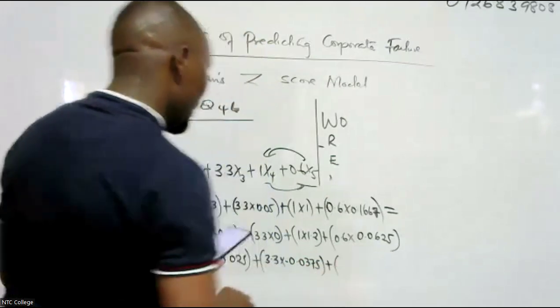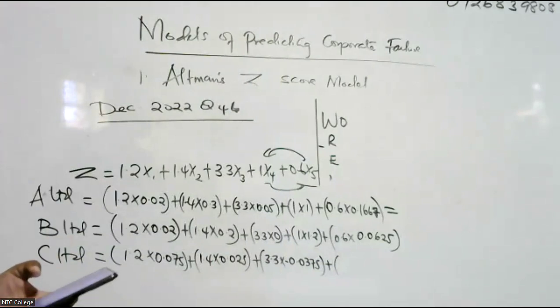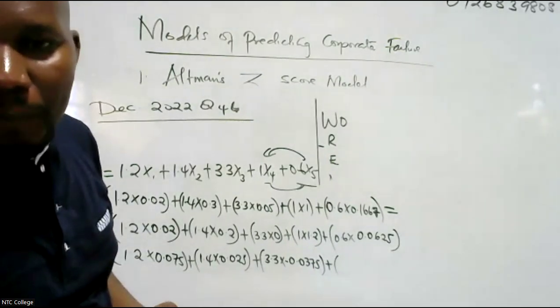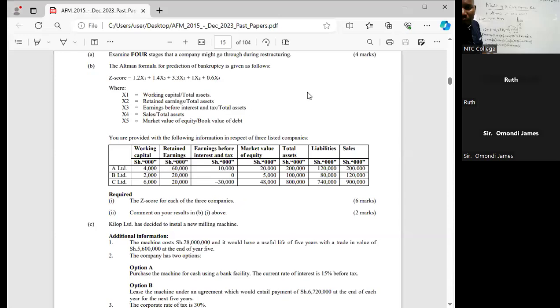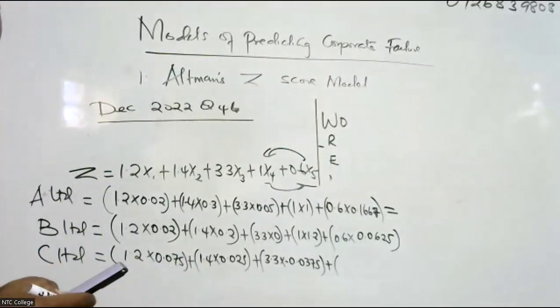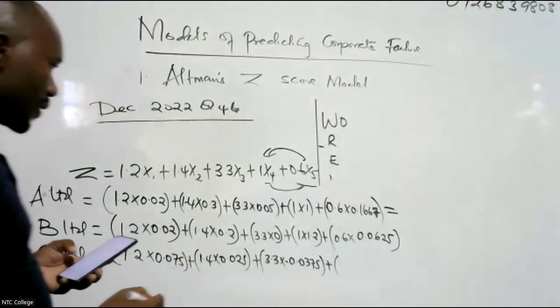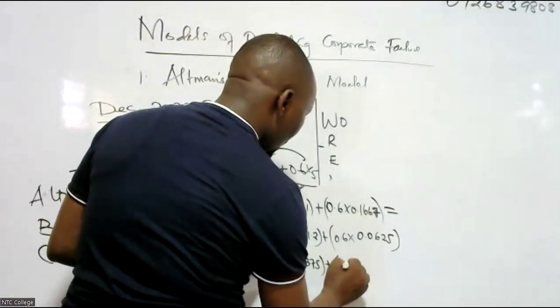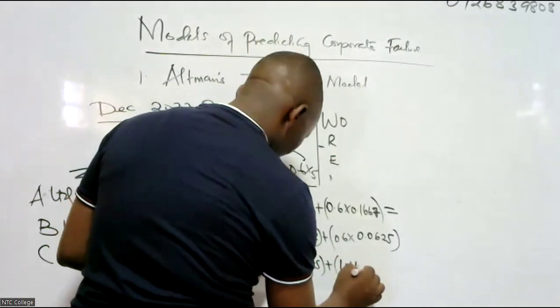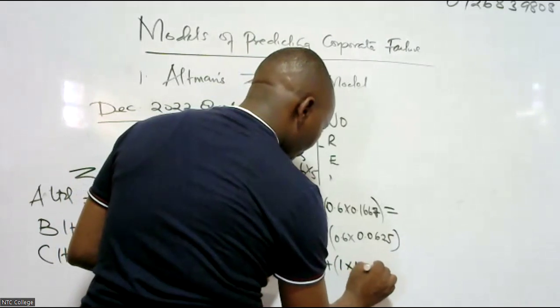Plus, in the bracket, we have sales. Sales divided by assets. 900 divided by 800. How much is that? 900 divided by 800, 1 point. So it is 1 times 1.125